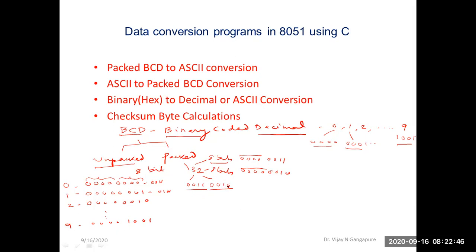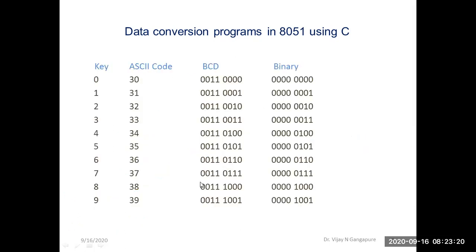Okay, so this type of BCD number is called packed, because all the bits in these 8 bits are packed with BCD numbers. The upper nibble represents one BCD number, that is 3, and the lower nibble represents the second BCD number, that is 2. Such a representation is called packed BCD. So that is the difference between unpacked and packed BCD numbers. Now let us go to the next slide.